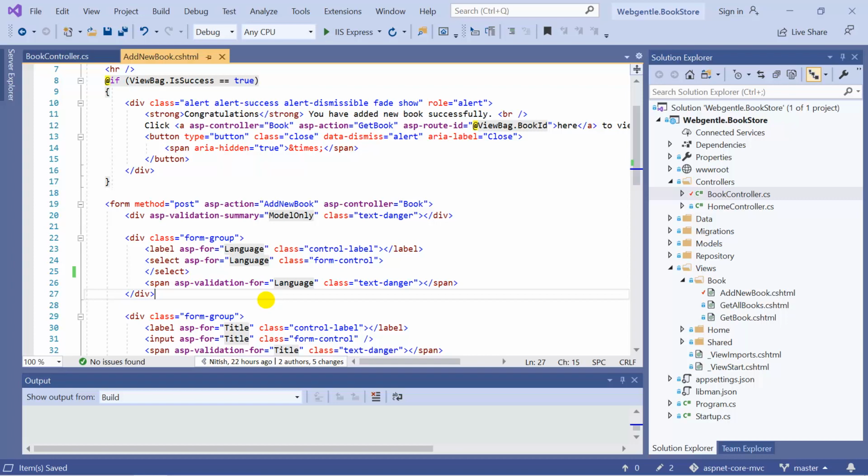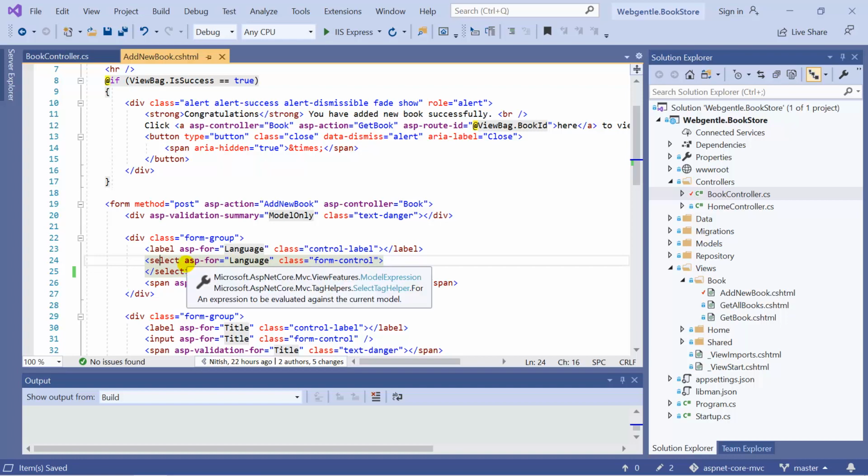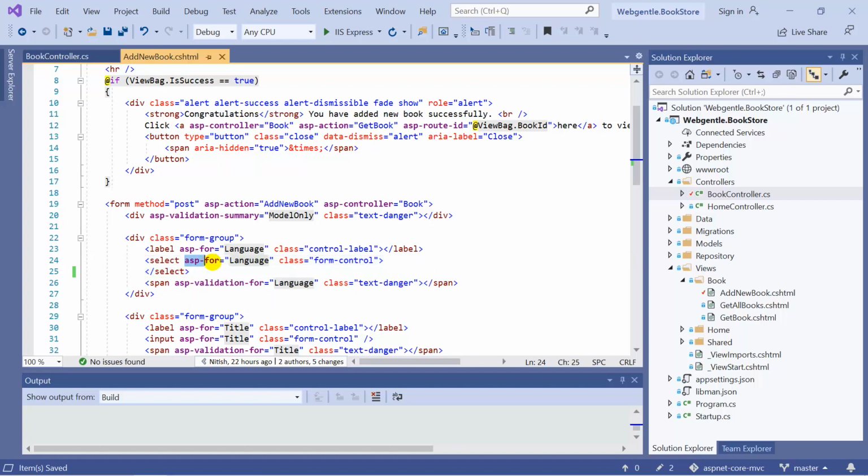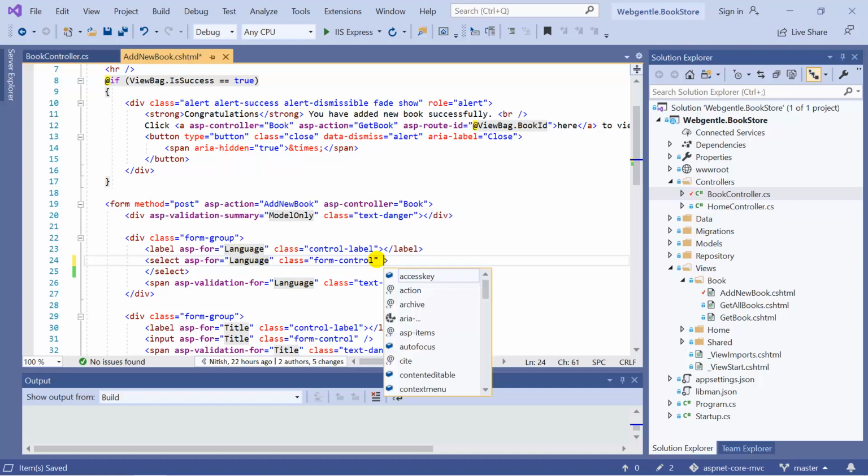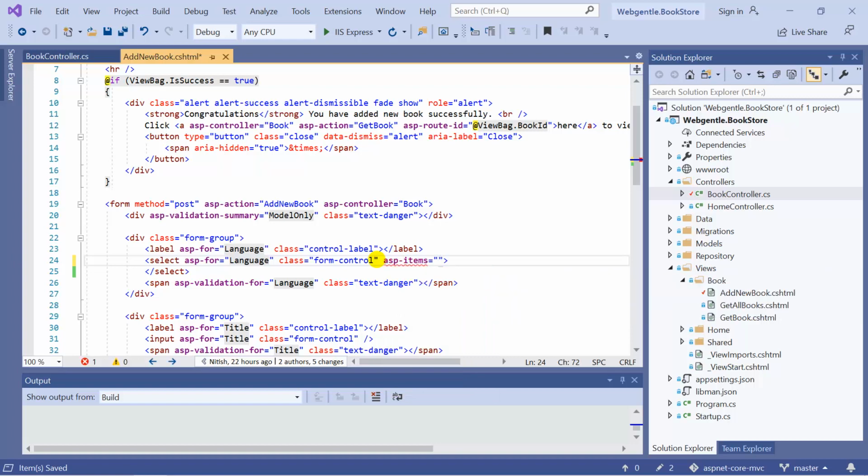To create a dropdown by using select list, first we need a select tag. So here you can use a select tag like this, and we have to tell the property for which we are creating this dropdown. So we can use asp-for. Since we are working on the language, we can use Language over here, and this is the bootstrap class. After this bootstrap class we can pass one more attribute, which is asp-items, and inside this we have to pass our select list. How to do that? New, then SelectList.